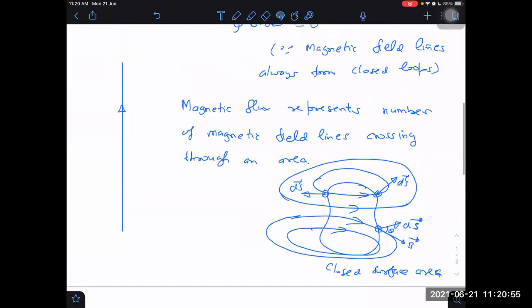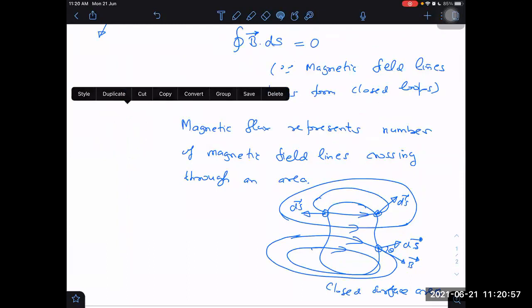Now, let us take this problem. Due to an infinite wire, what is the magnetic flux passing through a simple surface? I am taking a rectangular surface. Can you find out the magnetic flux passing through this? Is it in the same plane, sir? It is in the same plane. Let us consider a simplified case first. We can ask that question also where it is not in the same plane. Right now I am giving you in the same plane, and tell me what is the magnetic flux.